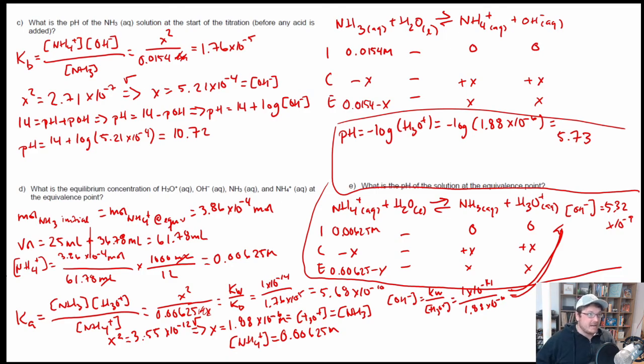And if I were to add any more acid to this, at that point all you have to do is subtract out the number of moles that were neutralized by the NH3. Everything else that remains is just the moles of H3O plus, and you simply solve it that way, because any equilibrium that happens right here is going to be completely negligible. So if I were to add another 5 milliliters of that HCl solution to this solution, and we're looking at the H3O plus we're at right now, 1.88 times 10 to the negative 6,